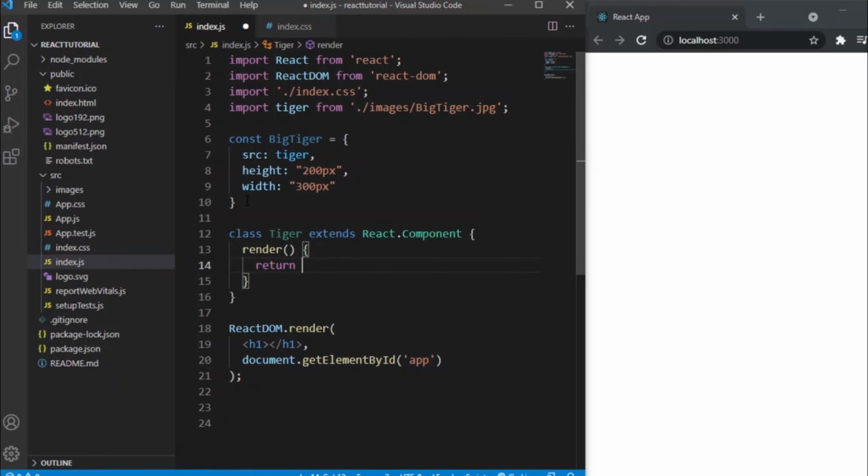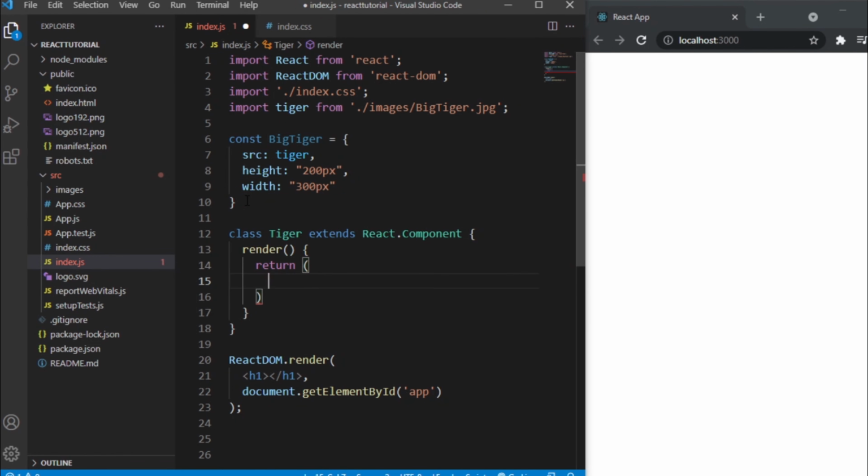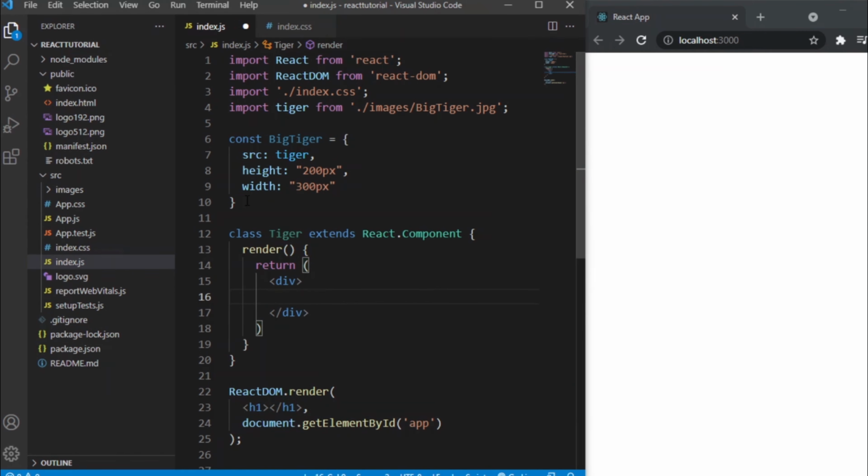So we add parentheses, and we'll add an outer element as a div. So what we will add here will be a header element, like let's say this is a big tiger,